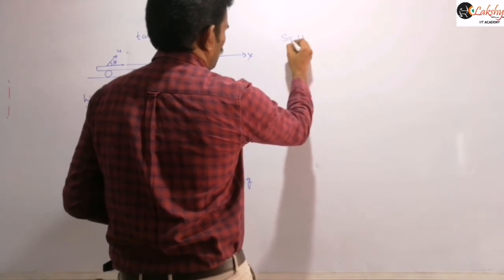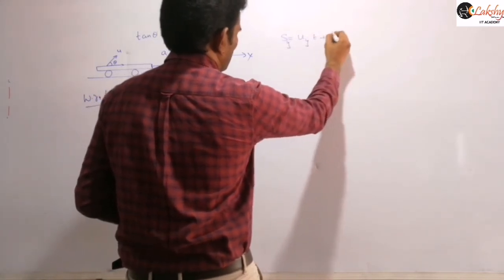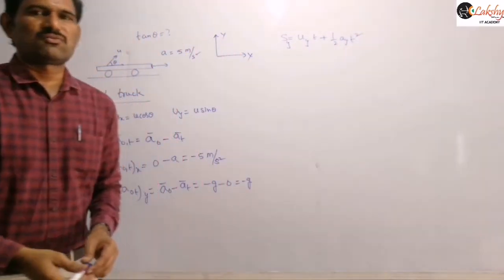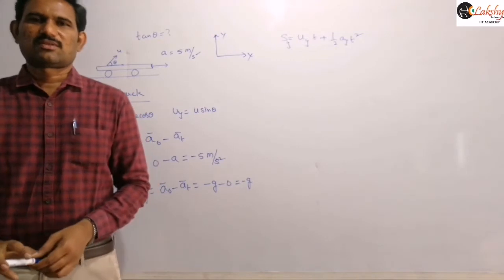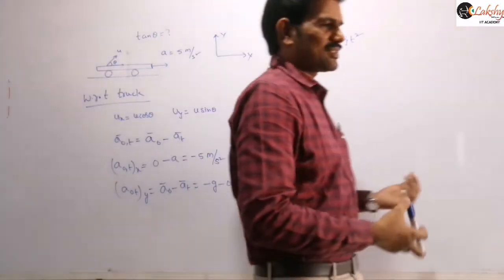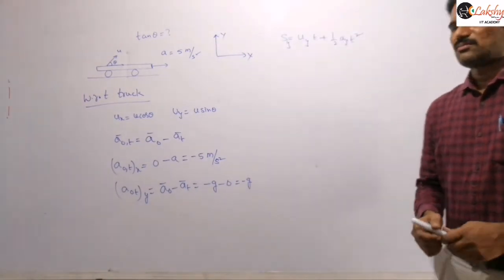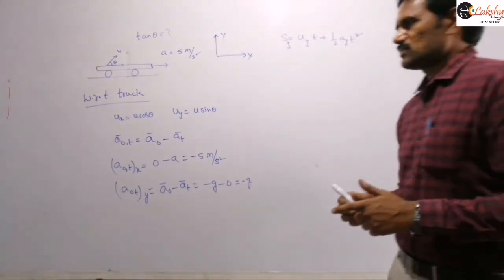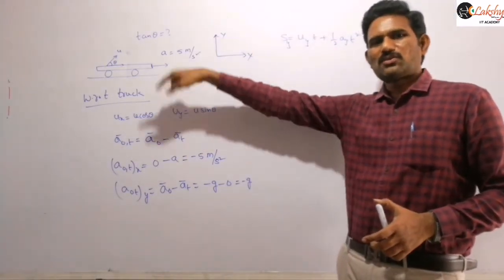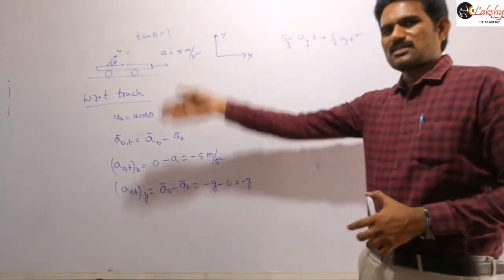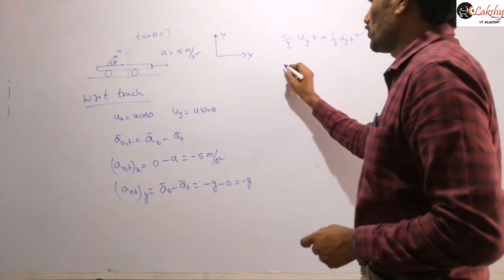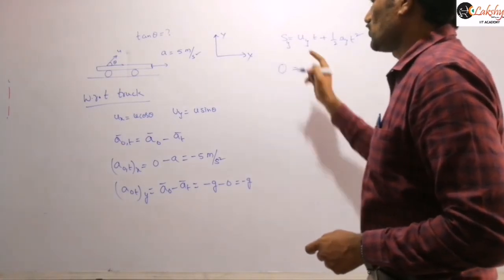S is equal to ut plus half at square, along this y axis I am applying here. As I said, whenever you need to find the time of flight, you need to apply this equation only, right? S is equal to ut plus half at square along the y direction, and to find the range, the same equation along the x direction we need to apply, right? And so now let us consider this. As the object is reaching that same point, the displacement along the vertical direction is 0 only. It is rising some height and again falling to the same point. So that means it is on the x-axis, it is reaching the same point here. So I can write Sy is equal to 0.